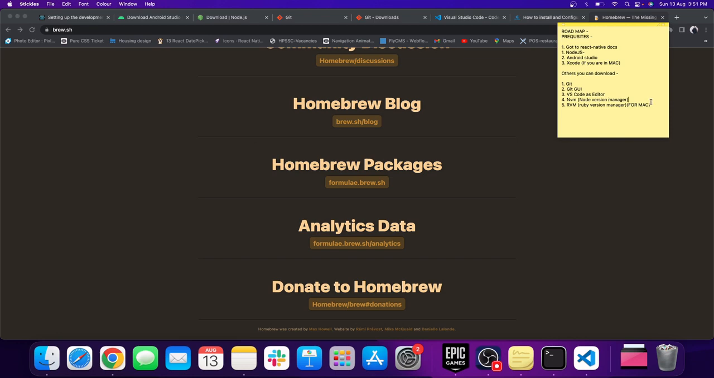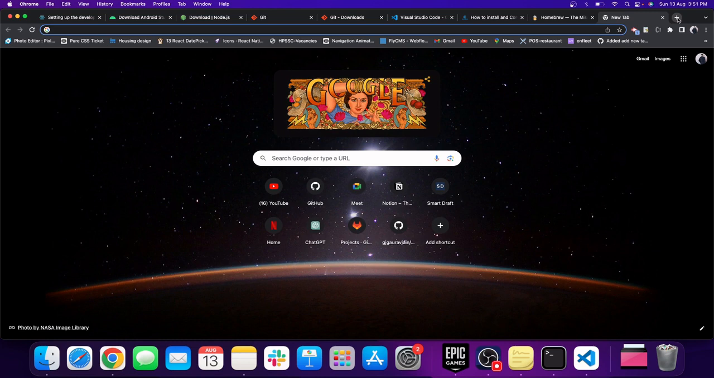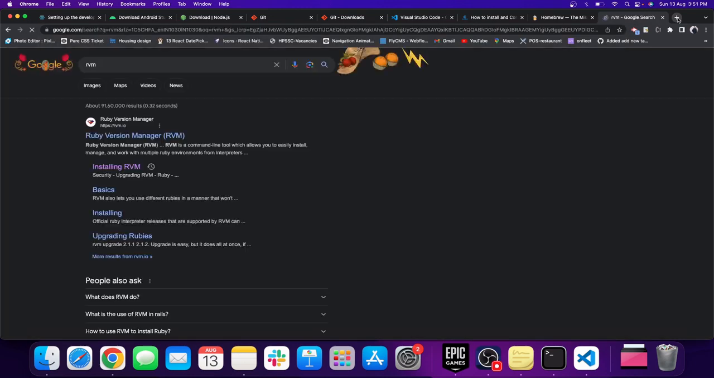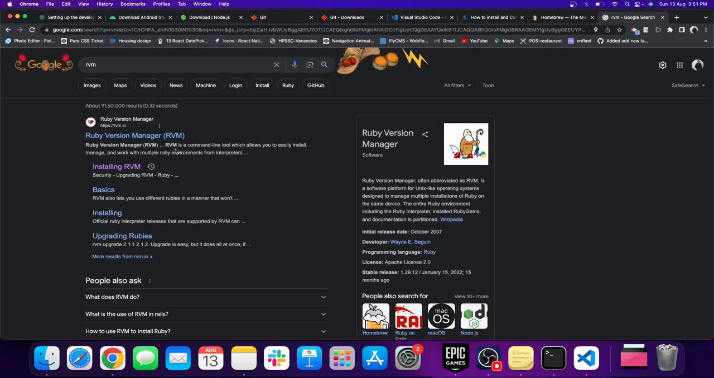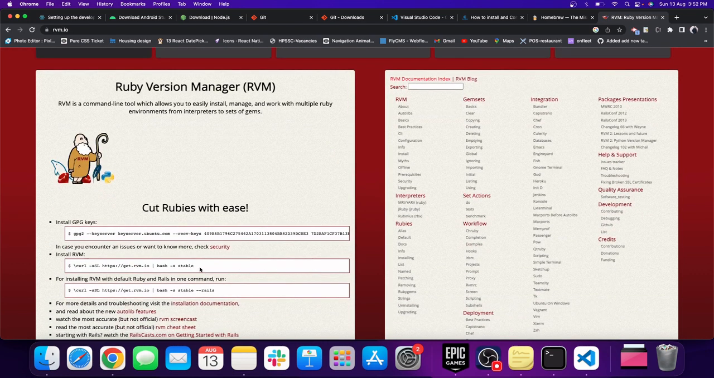And another thing is the rvm. As we know about nvm, the Node Version Manager, rvm does the same stuff. Basically, rvm is the Ruby Version Manager. For Mac iOS builds, we need a Ruby version. So how you can download different versions: just go to that, install rvm, and then